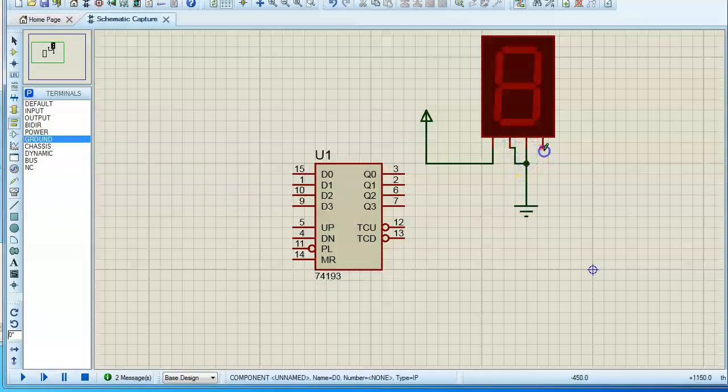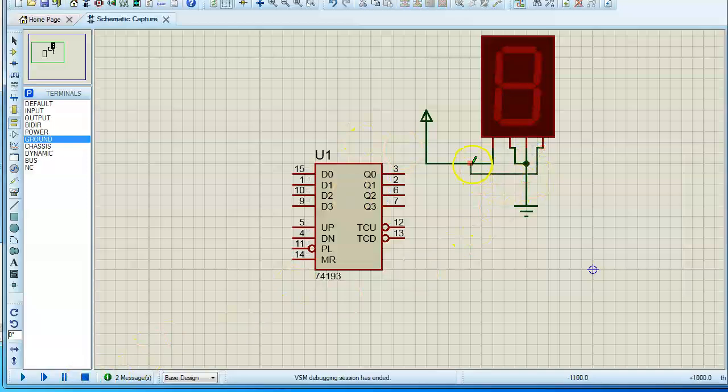So we are connecting 3 terminals to 0 and 1 to 1. And as you can see, the output is 8. That means this is going to be the most significant bit, MSB, and these are the LSB then. Okay. So if I connect this one also to high, it should show me a 9. That means I'm just deleting this.